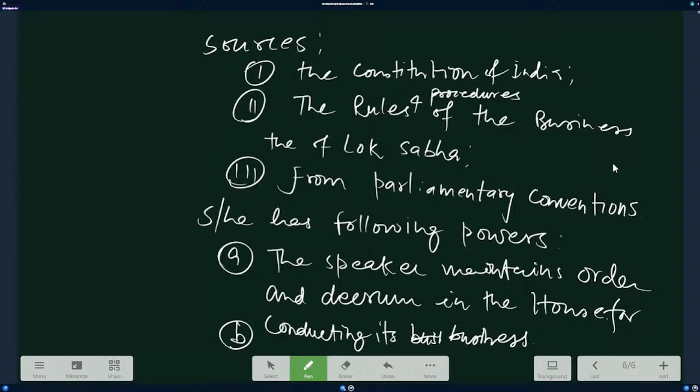Constitution of India, its clause and proceedings of the House. Yet we see instances of throwing chairs and violence within the House. Is any action taken against the violators? No, there are many instances when members are suspended for a period of time. So, the speaker can suspend the members.